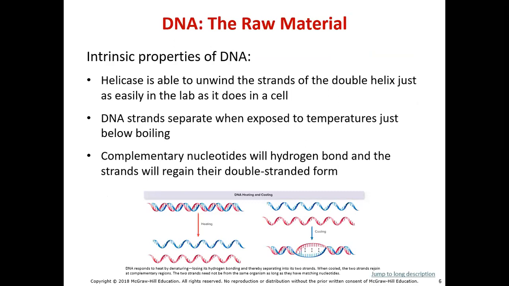There's that enzyme helicase that unwinds the DNA. In a laboratory setting, you can also just heat up the DNA and it will separate, and cool it back down and it will come together. When DNA is heated to just below boiling, complementary nucleotides will hydrogen bond and will regain their double-stranded form when they cool down. So it gives you an opportunity when it opens up to put new genes into the DNA